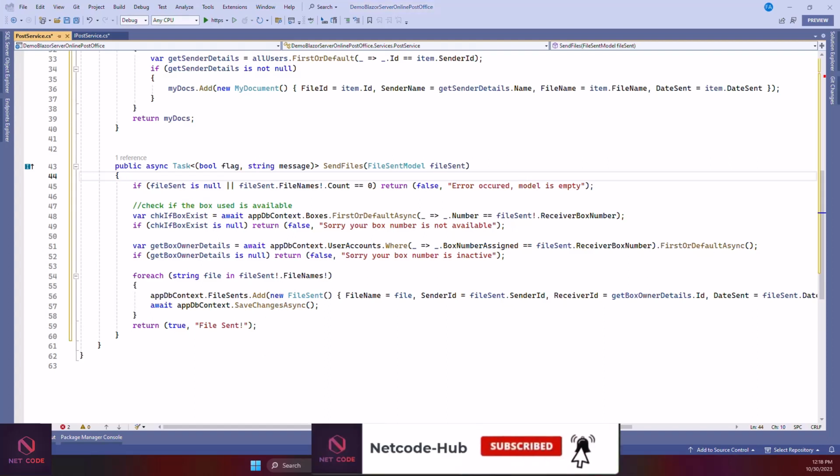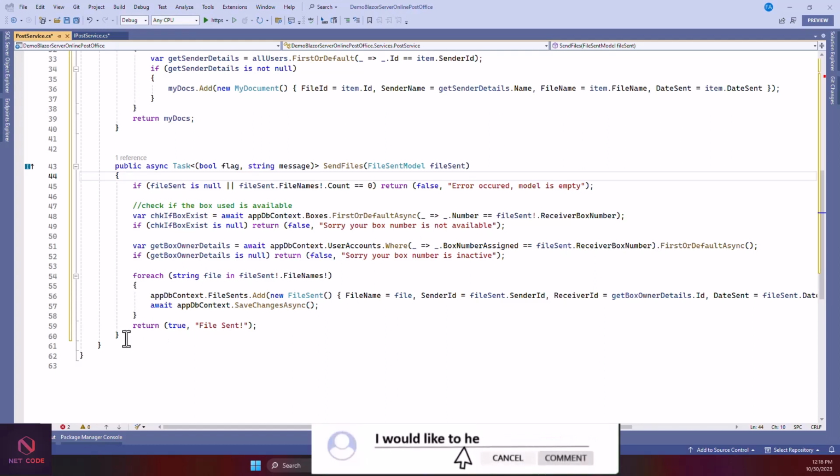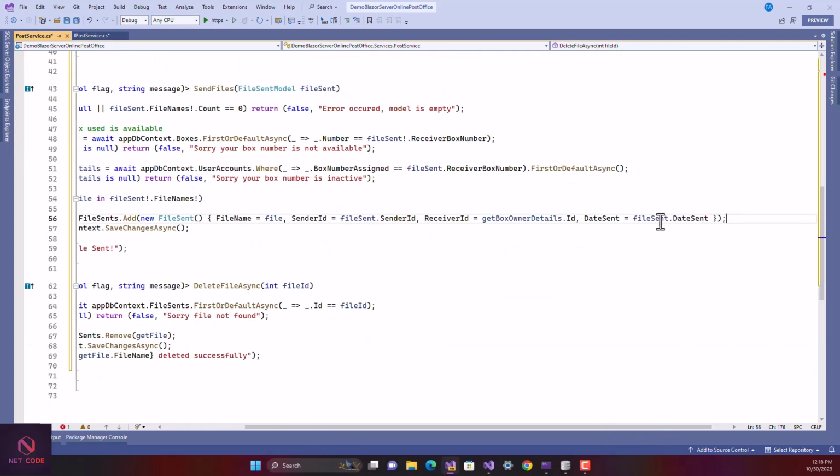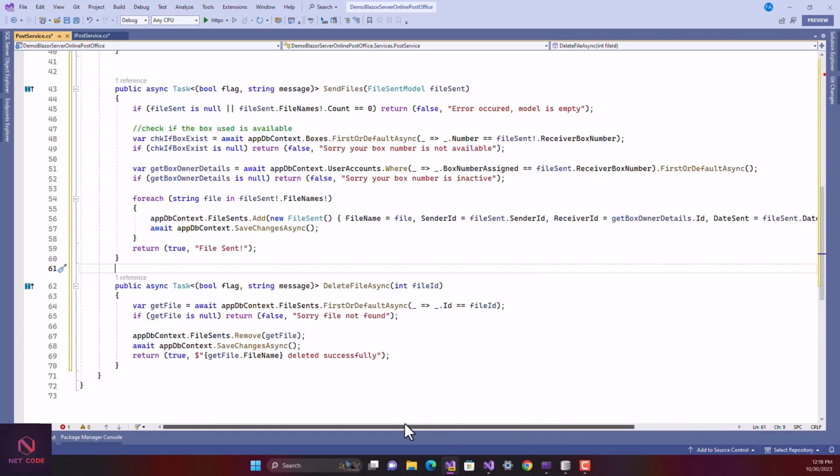Now the next one here is delete. If I want to delete files, it's very simple. In the Razor component, we must have something like, maybe this is the date sent. Check, so that is this one. Now you must have a system with a confirmation dialog box. If yes, then call this method. I get the file ID and remove it, save changes, and return that the file name has been